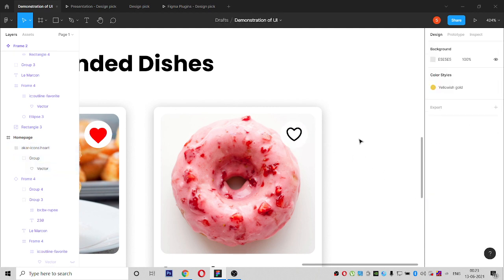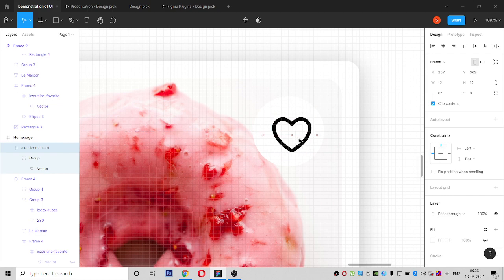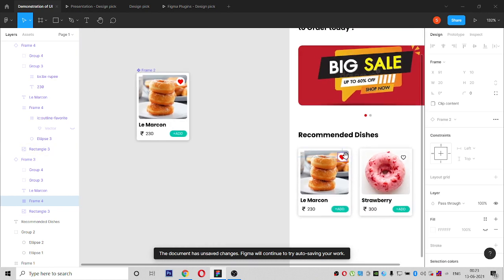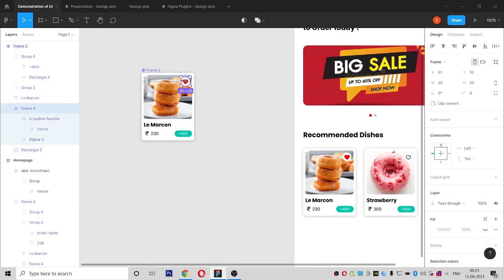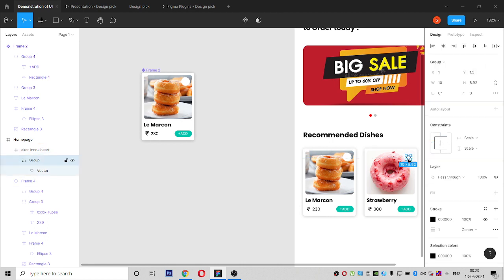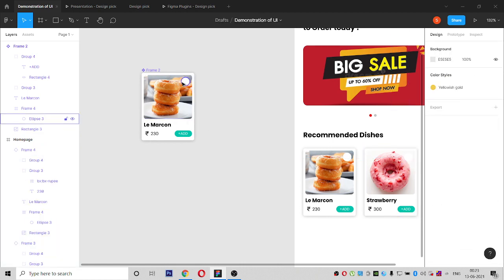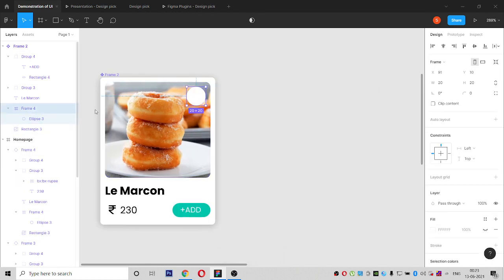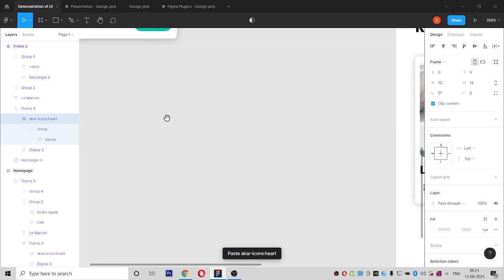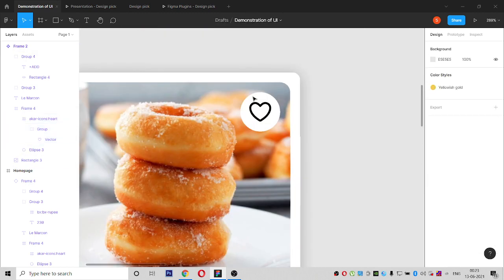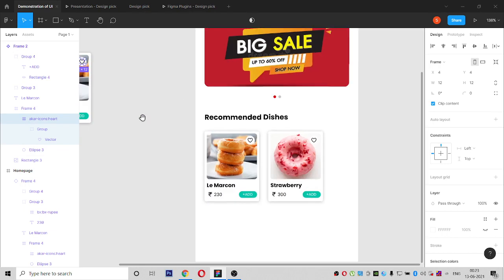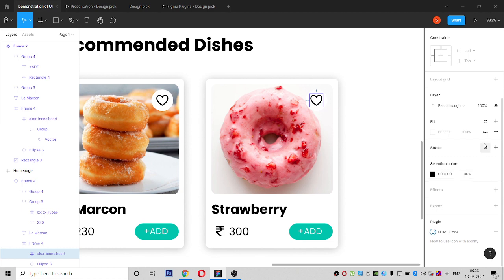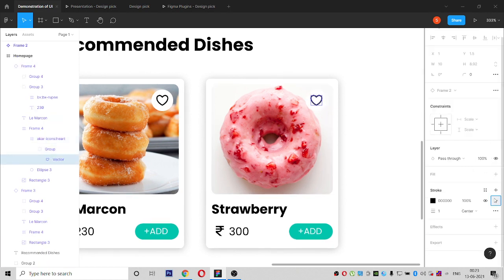See, the stroke is very good. I will remove this and replace this with this. Now this is in black. Here also it's in black. It is looking very beautiful. Instead of stroke, we will use.